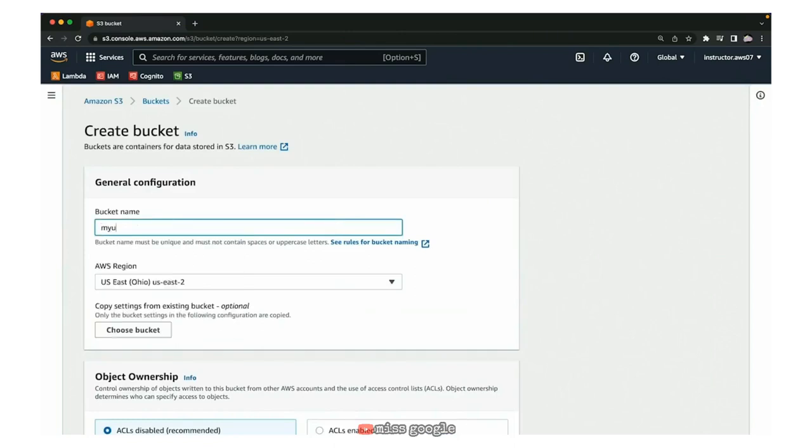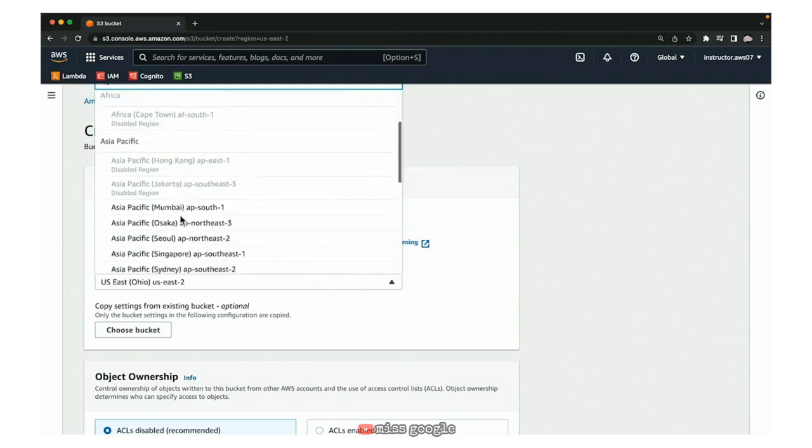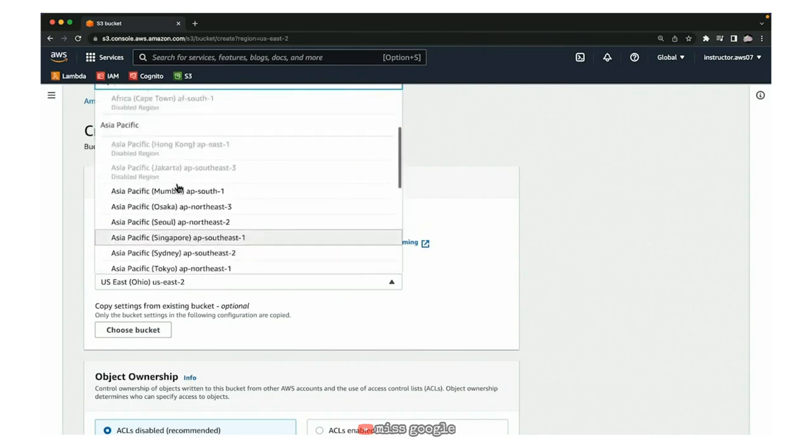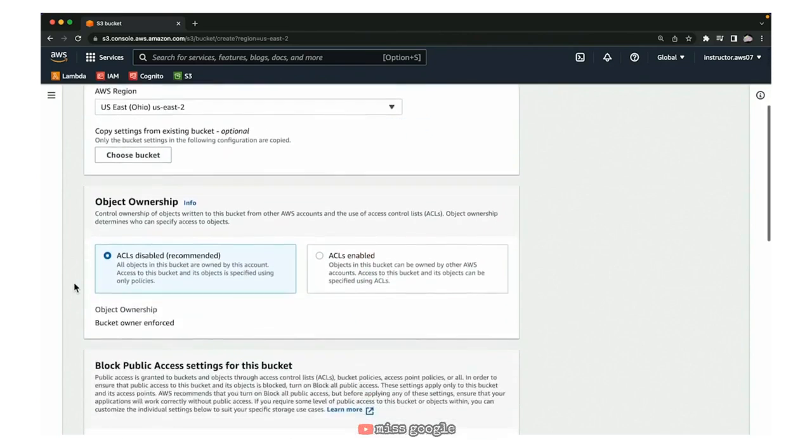So I'm going to put my bucket in here as the name. You could pick a different region if you want to. Buckets are accessible across regions, so if you have a Lambda in another region, it could still access it from here. But for performance sake and possible legal issues, I wouldn't store it in other countries. So I'm just going to pick the default region it's selected for me, and I'm going to select the defaults